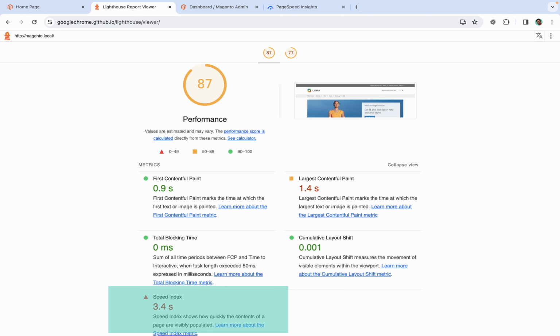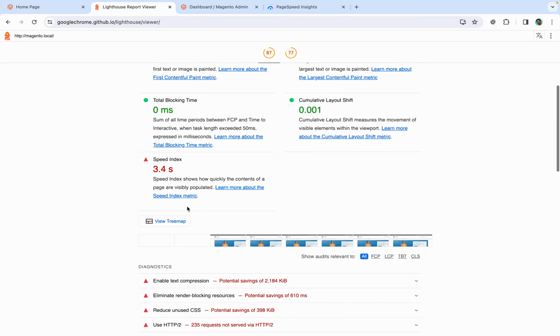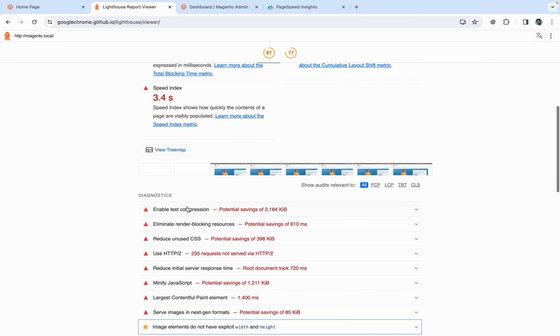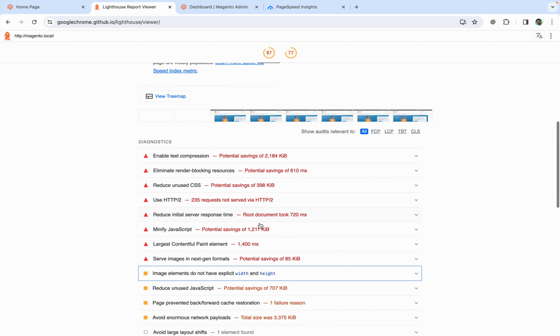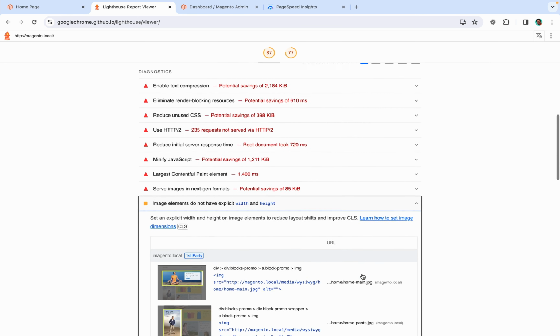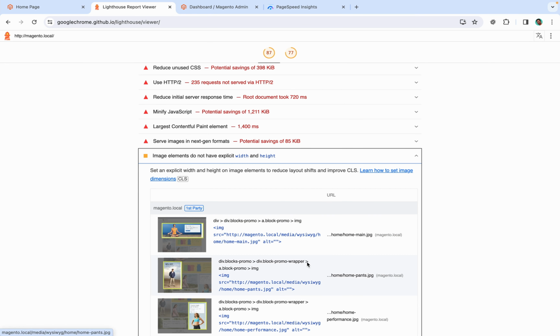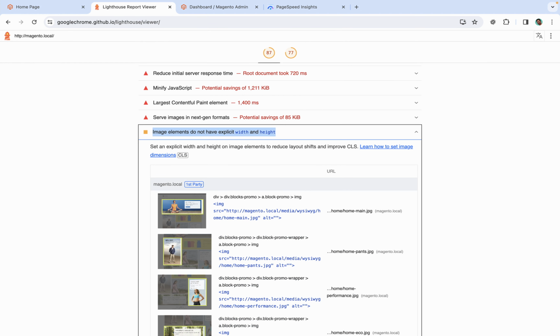So if we look at the overall report, we see there are areas where we need to improve to get a better result. Now once you scroll down in the report, you will see the diagnostics provided by the reporting tool, which will help us to fix these issues. You can see they are giving many hints and suggestions, like saying image elements do not have explicit width and height.